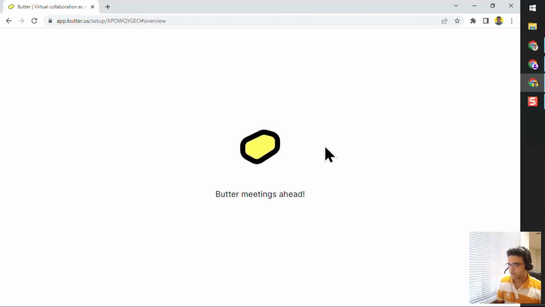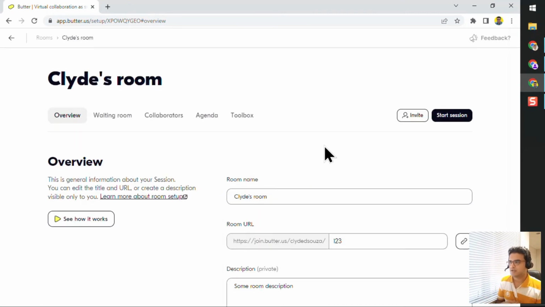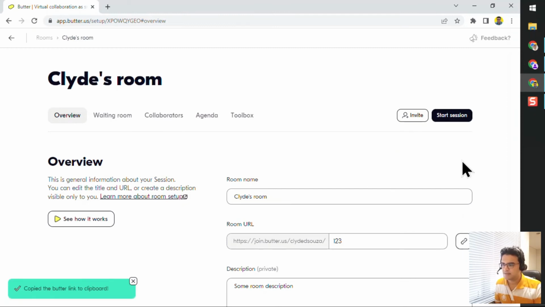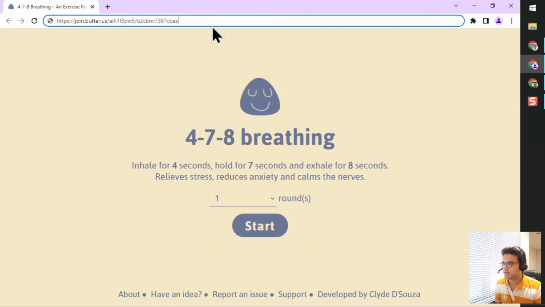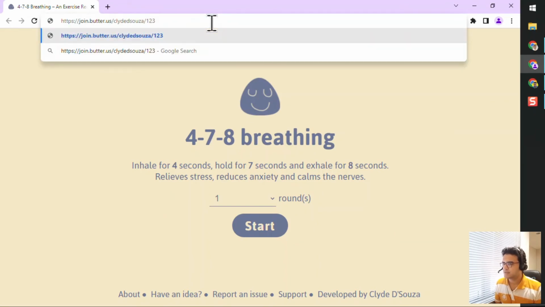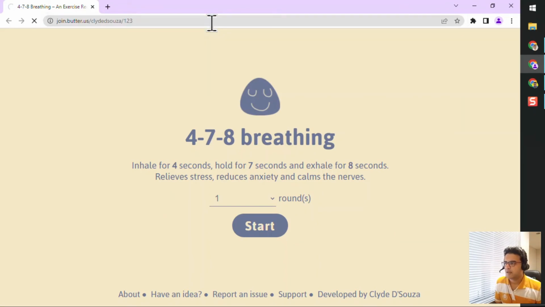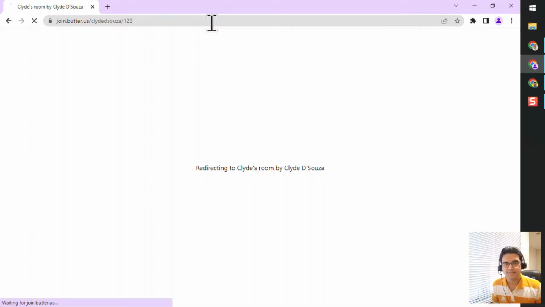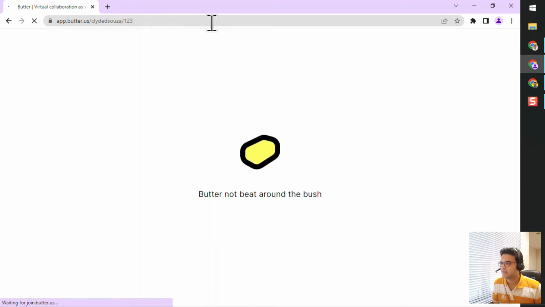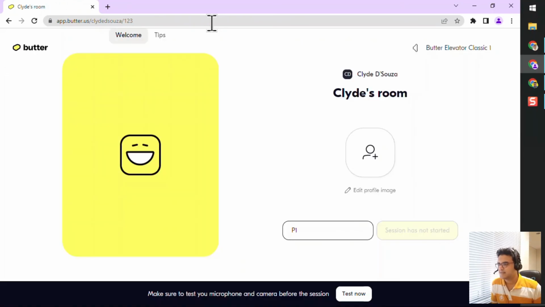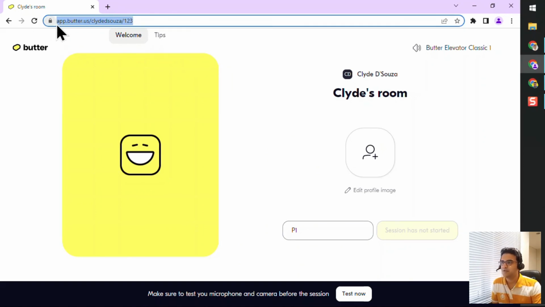So after you click on save, it usually does a refresh, loads all these changes, and now what you can do is copy the Butter link, the meeting URL, and then paste it in the browser and hit enter. And of course, if the session has been started, then you should be able to join the meeting right away. Otherwise, of course, you will be on the waiting page. So there you can see we are in the waiting room now, and we are looking at the new URL